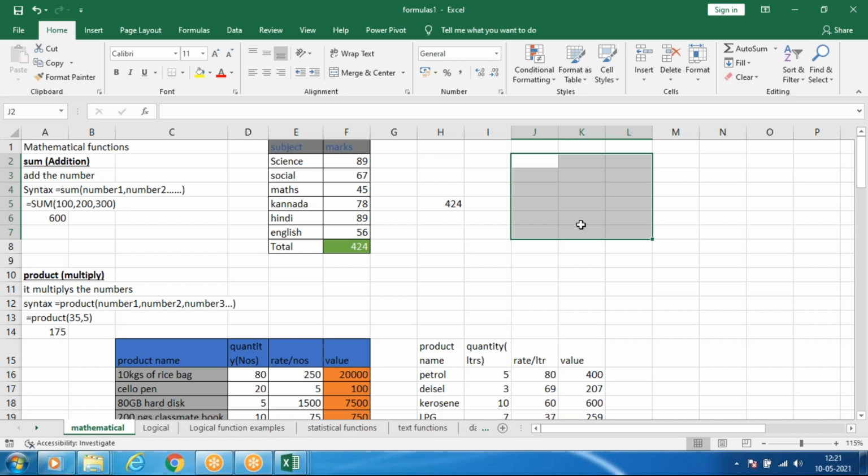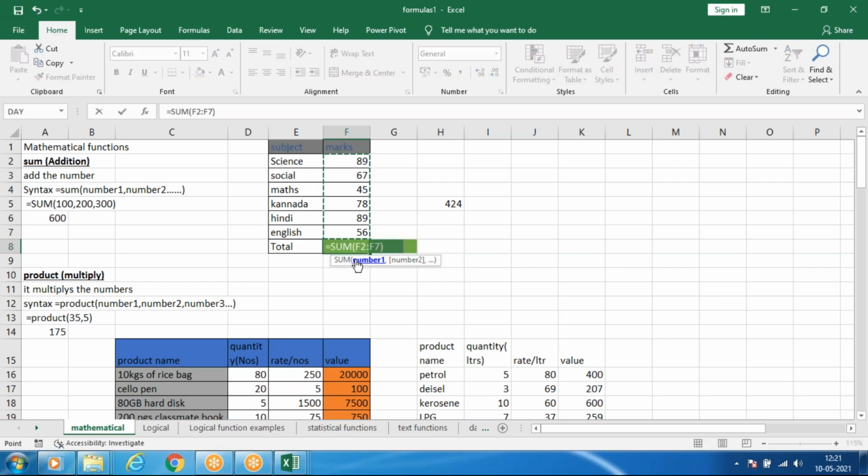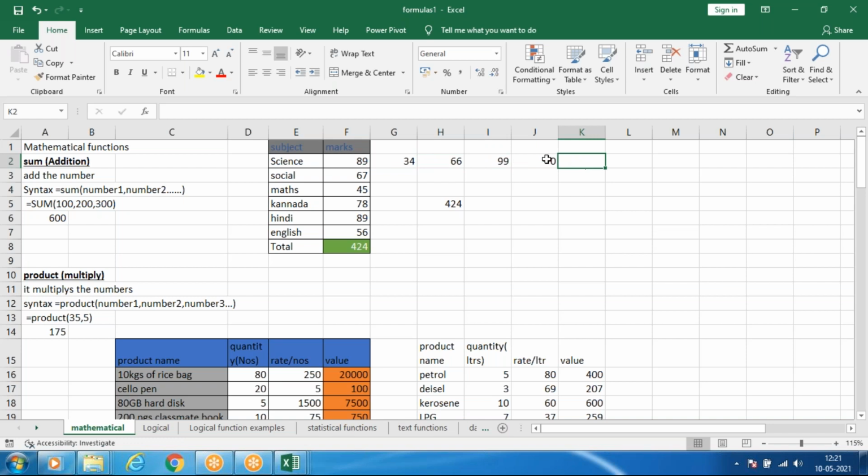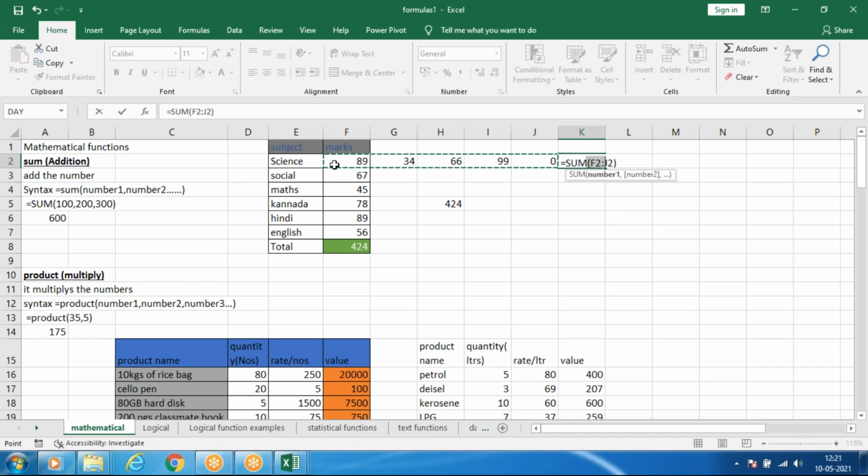How, sir? See, hold the Alt key and press equals. Automatically it will take the formula. It will select from the first cell to the last cell, that means the entire data. Suppose you have data column wise and row wise like this, and you press Alt equals here, it will automatically take from this cell to this cell.